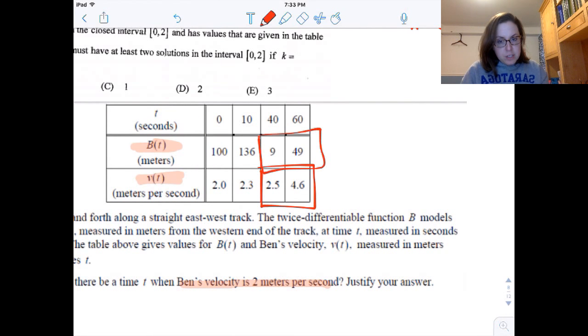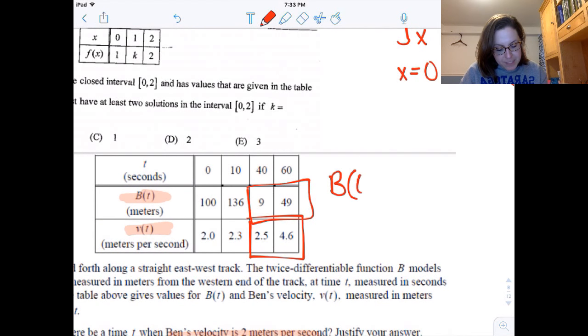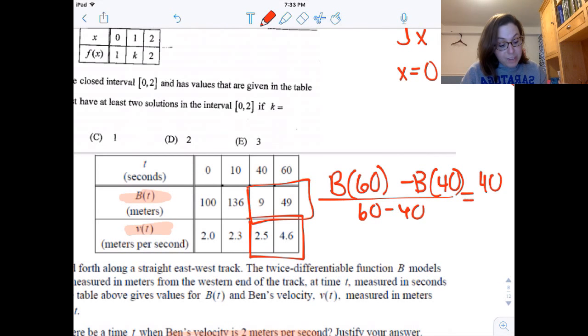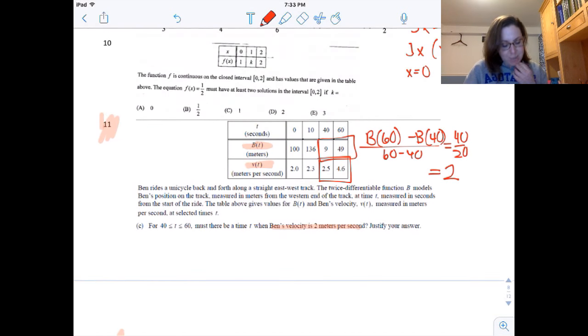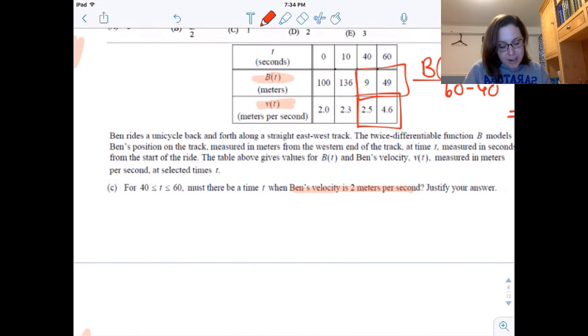So what if I did this? What if I did B of 60 minus B of 40 over 60 minus 40? Well, that gives me 40 over 20, and guess what that equals? 2. So, is there a time where his velocity must be 2? Well, there is a time where his average rate of change is 2, so there has to be a time where his instantaneous is 2. So what I would say here is, yes,